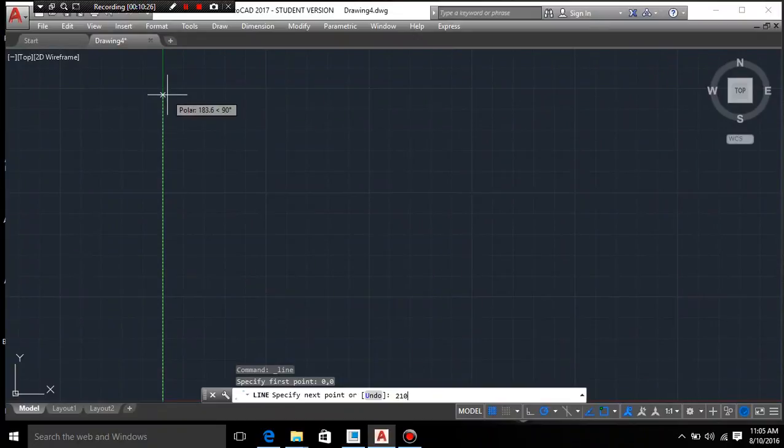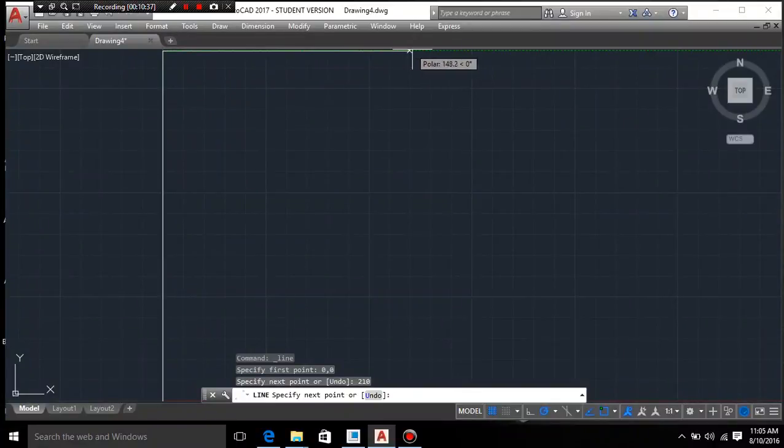So I type that in the command prompt at 210, and now I press enter. And now it gets me right at the very top, because that's how big I made the drawing area. And now I'm going to pull the mouse cursor across, and I'm looking for 280. But again, it's pretty hard to get it with my mouse, and that's kind of a waste of time trying to find it. So we just quickly type in 280, and we have it straight along that line going across,